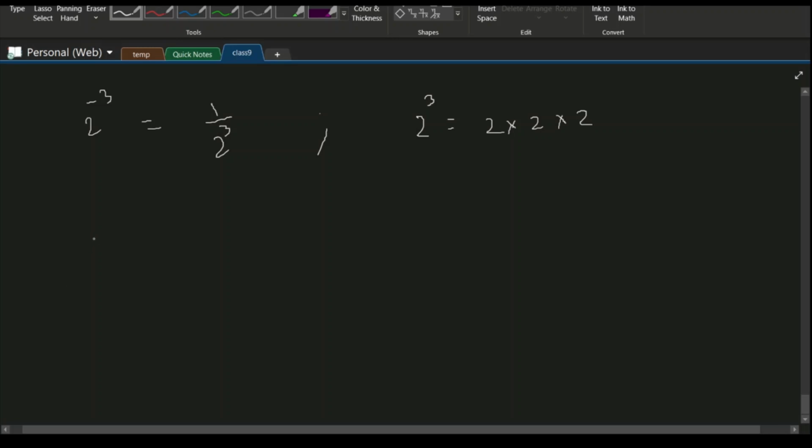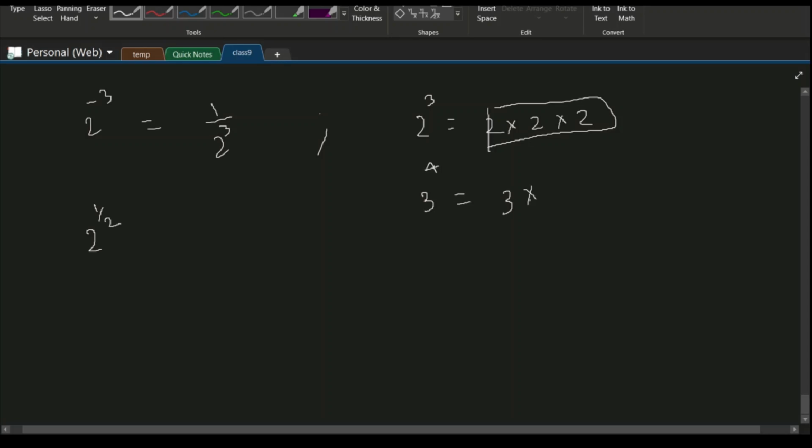But let's say we ask this question, 2 raised to the power half. Does this make sense, right? Can we multiply 2 with itself half times? So far we can write it as square root of 2. For example, when we looked at the definition of exponent, we said this is a short form of writing this particular thing here. If 2 is multiplied with itself 3 times, we write it as 2 to the power 3.